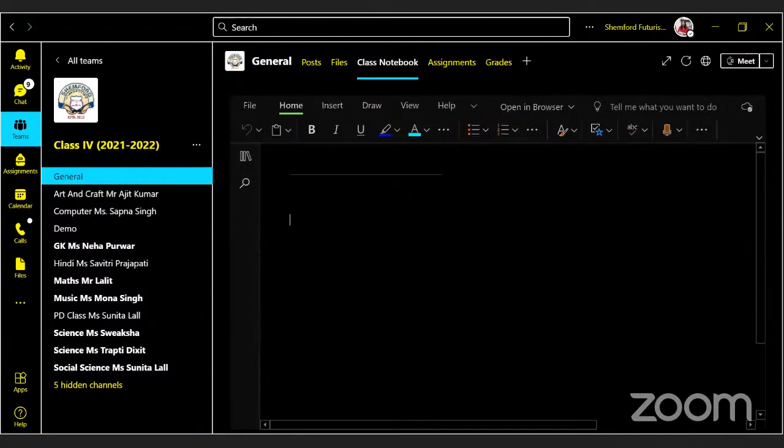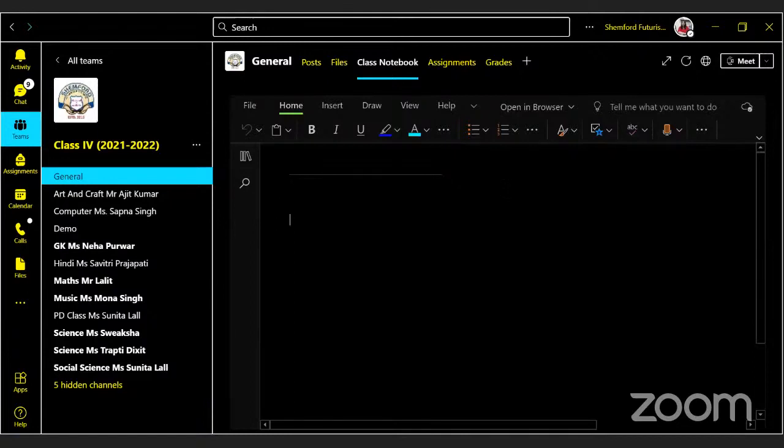Excuse me, ma'am. You said Microsoft could also be accessed through your Outlook or Hotmail. Yes. So my doubt is, if my institution doesn't purchase this particular license, when I go through Outlook, will I get at least some of these options? No, you will not be able to create classes. That will only work as an app where you can chat, make video calls, and make meetings, Zoom meetings, as you can make Teams meetings also. But you cannot interact with your students nor conduct any meeting with them.